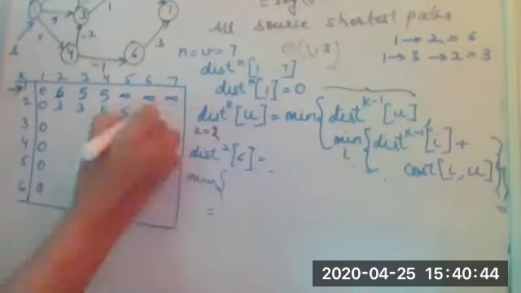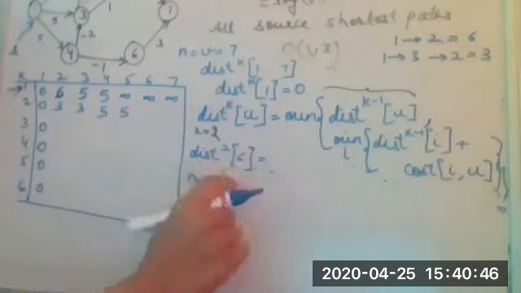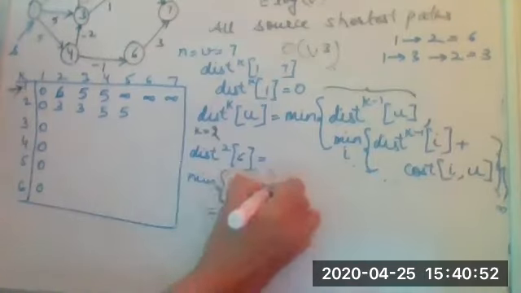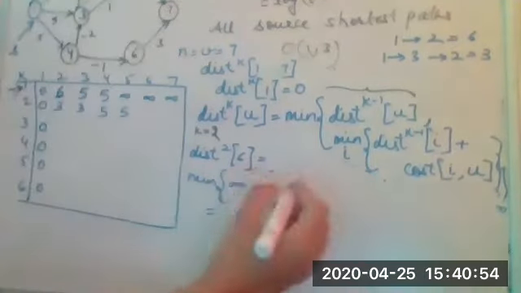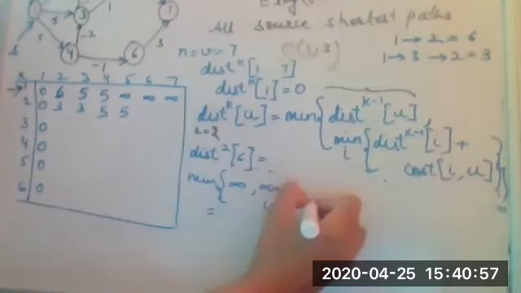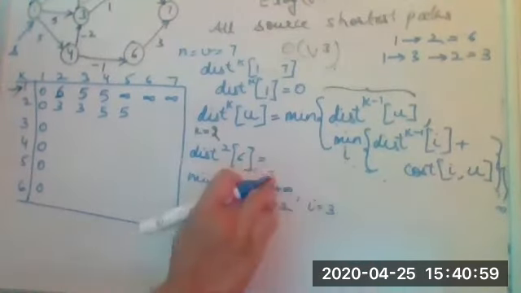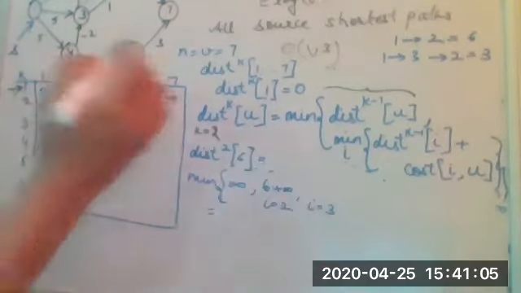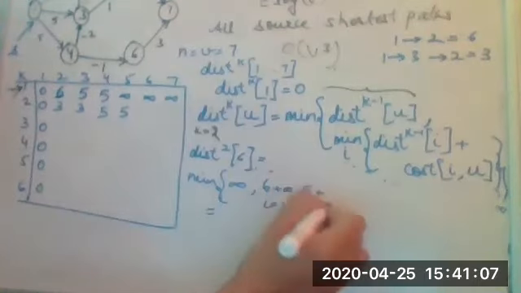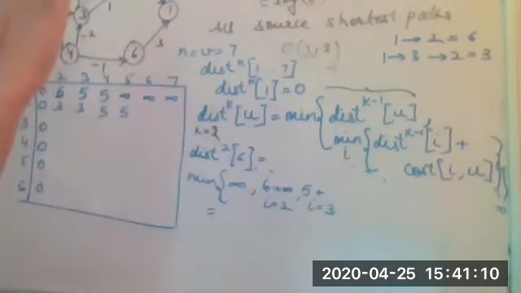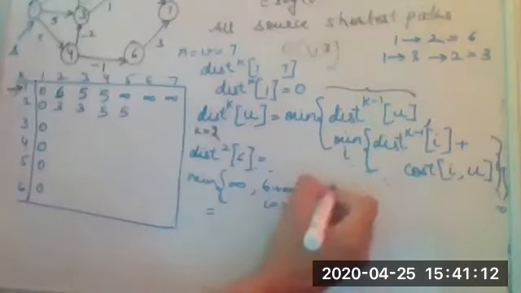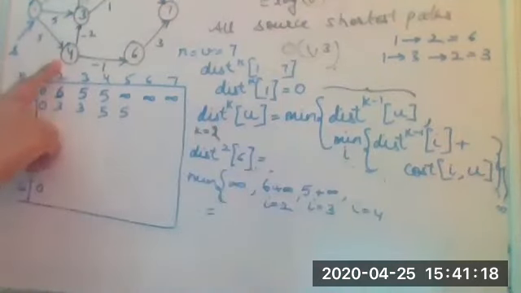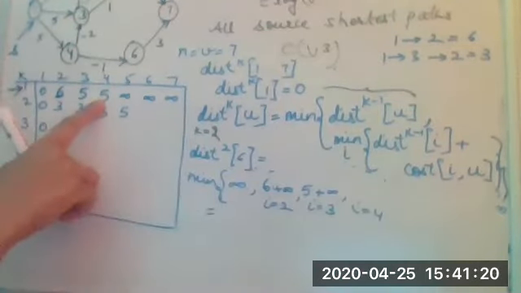So let's find out for the sixth one. For the sixth one, the previous value was infinite. When I is equal to 2, infinity plus 2 to 6, there is no path, so infinite. I equal to 3, to reach 3 the previous value was 5 plus 3 to 6. 3 to 6, there is no path, so it is infinite. I equal to 4. So till 4, the previous value was 5.